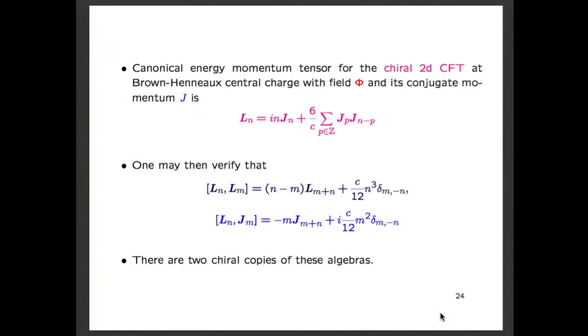Then from this, one can construct a Virasoro algebra. This is basically a Virasoro algebra at Brown-Henneaux central charge, and these J's are currents in this Virasoro algebra with this anomaly term. So just to summarize, I have a set of solutions, all of them black hole solutions if J naught is real valued, and there are symplectic charges associated with them.